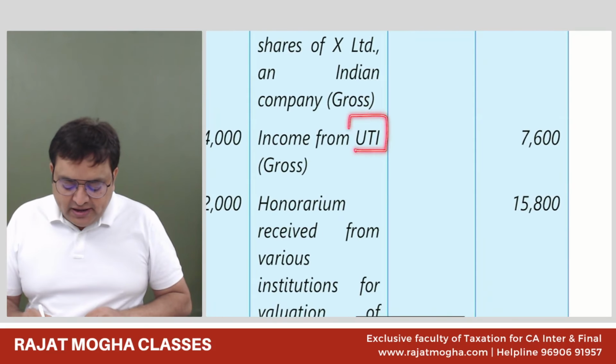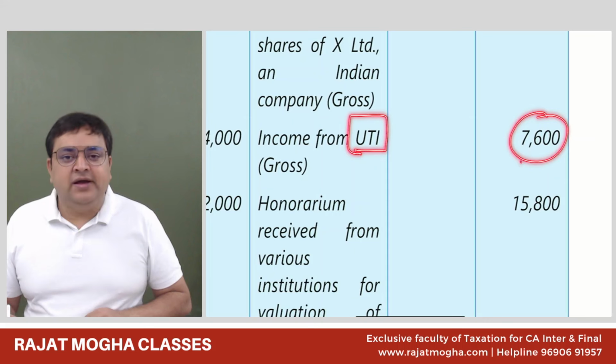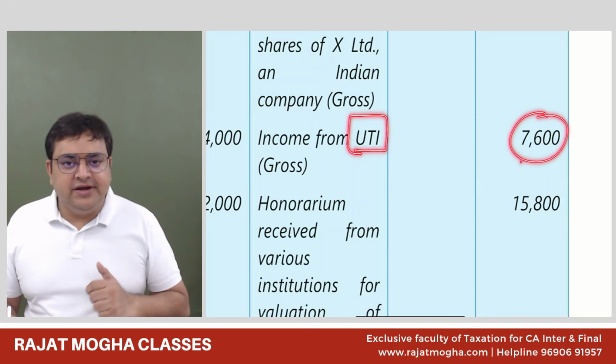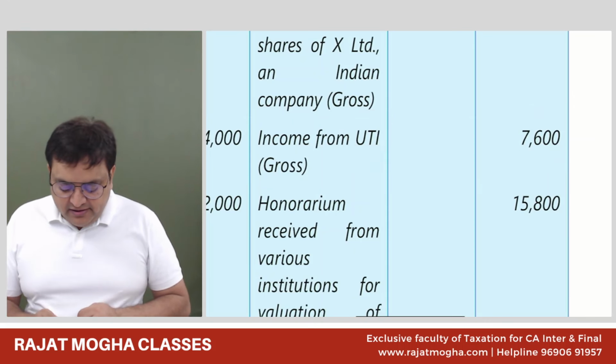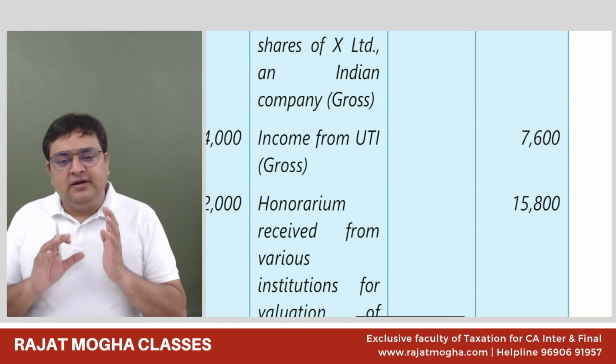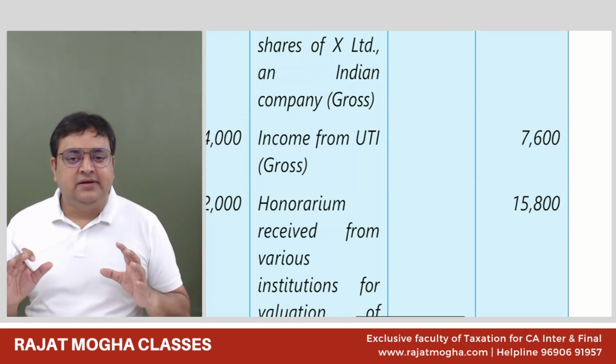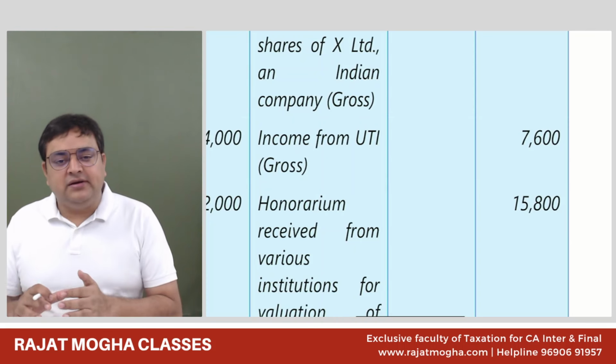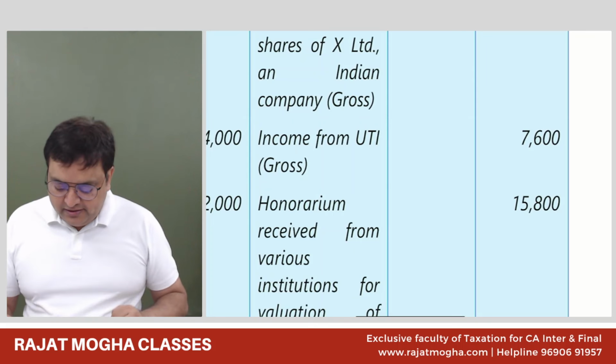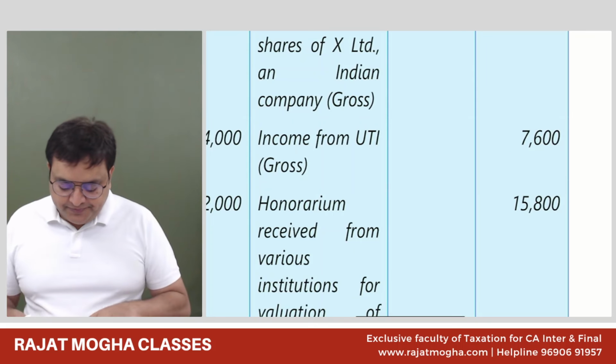Income from UTI, again, Unit Trust of India. It is an IFOS income, same treatment. And gross amount. Gross amount means this amount we have recorded. See, gross does not mean that the TDS has not been deducted. It is deducted, but we are recording it at the gross value. Correct? So 7,600, it's okay. Now,